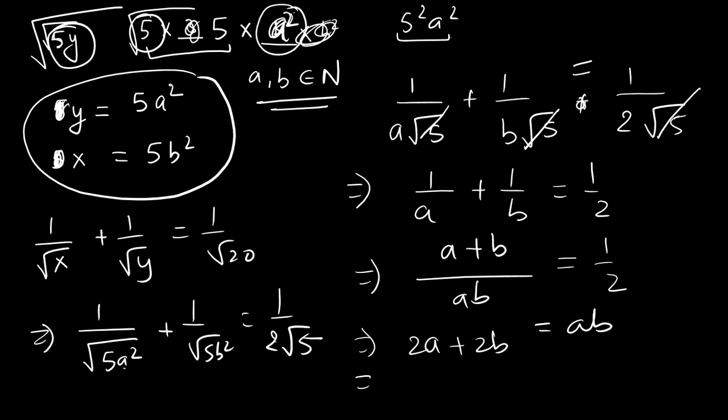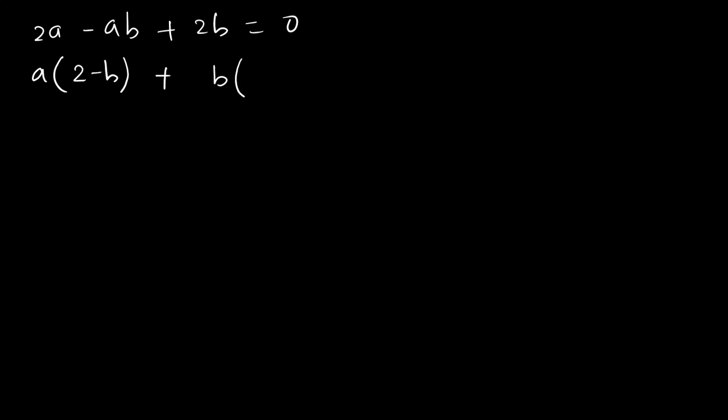Let's bring it to the left side. So 2a minus ab plus 2b equal to 0. Within these first two terms we have a as common. So a multiplied by 2 minus b. Similarly here we can take b as common, and then 2 minus b,